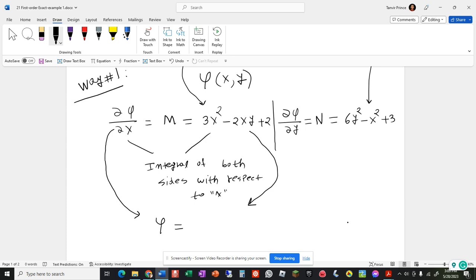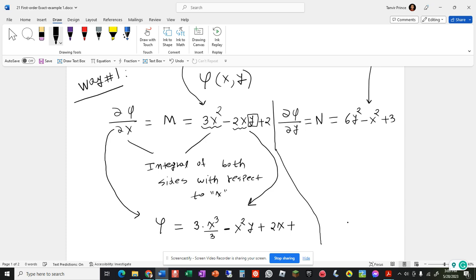So let's do that. Remember, x is the variable. The integral of 3x squared, 3 is a constant, and the integral of x squared is x cubed over 3, minus y is like a number, so you can take it outside the integral. The integral of 2x is x squared. And I'm going to copy this y, plus the integral of 2 is 2x. Remember, x is the variable. Plus c,